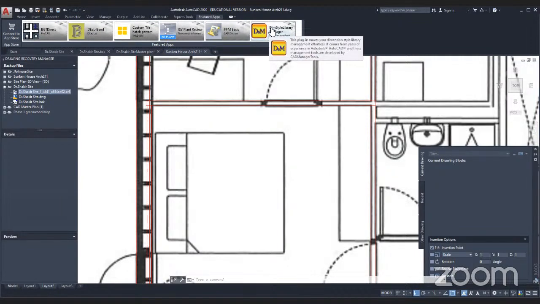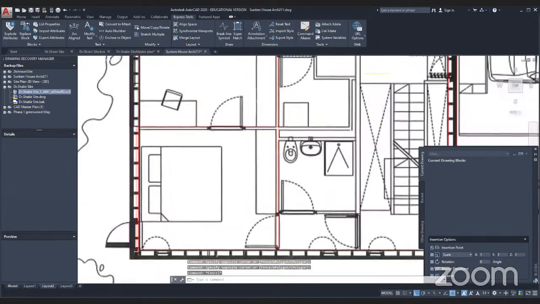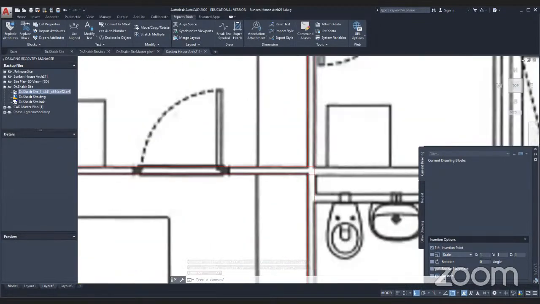Dim Style Manager, nope. I can't remember. I have to go back and look at a book to pull it in. But in the meantime, in between time, if you have a